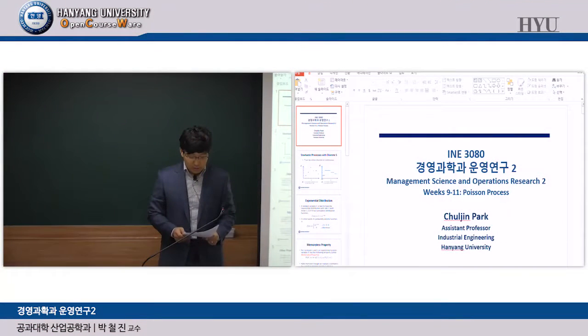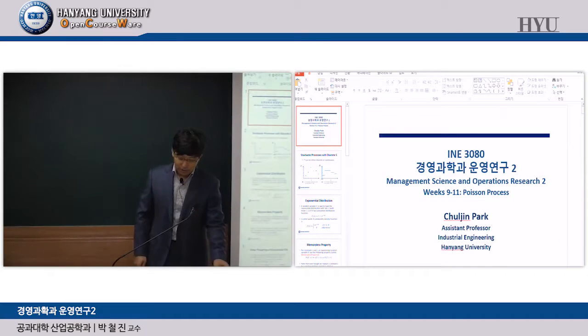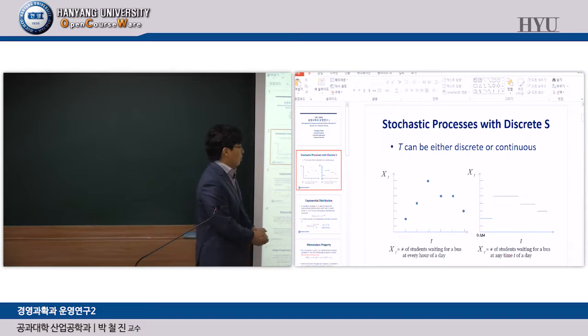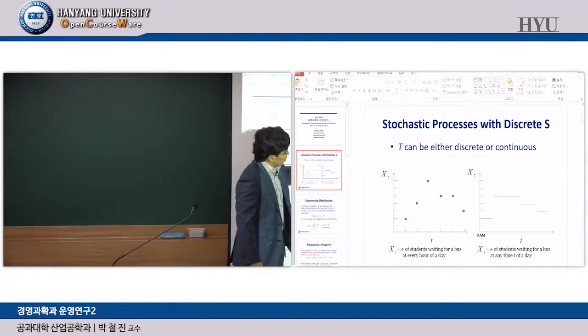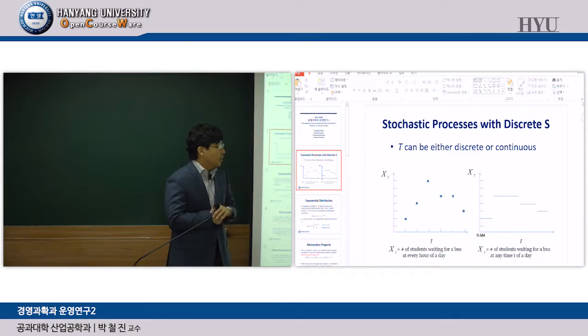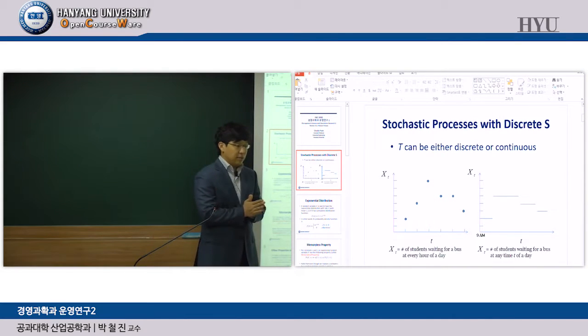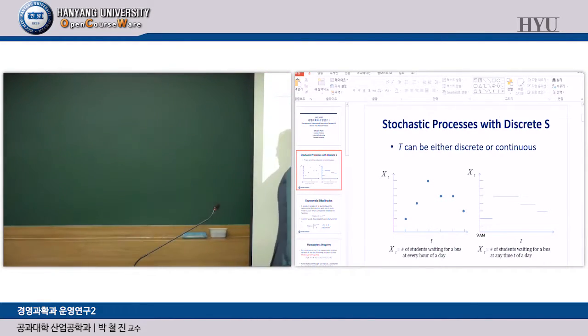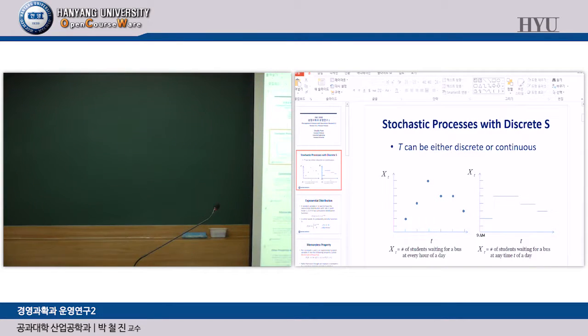Today we are going to talk about a different type of stochastic process. So far we discussed stochastic processes defined on discretized time, and this stochastic process includes a finite number of states. Now we are going to talk about a stochastic process defined on continuous time, and this stochastic process includes a finite number of states. So you can think about two different